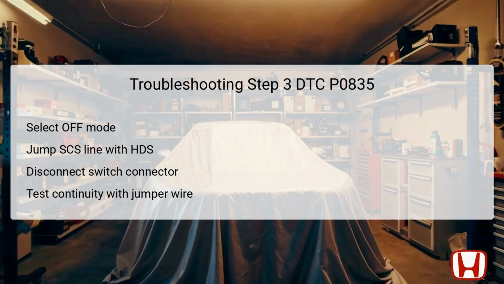The third troubleshooting step in diagnosing DTC P0835 requires a series of actions to assess the integrity of the clutch pedal position switch B. Begin by selecting the off mode by pressing the engine start-stop button. Following this, the technician should jump the SCS line using the HDS, which helps in disabling certain systems to carry out diagnostics safely. Afterward, disconnect the clutch pedal position switch B 3P connector, which includes 3 pins that communicate the switch's